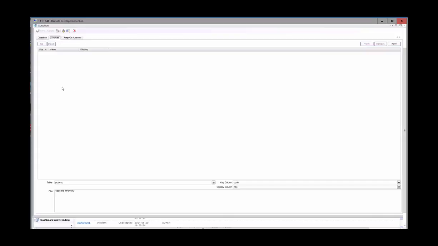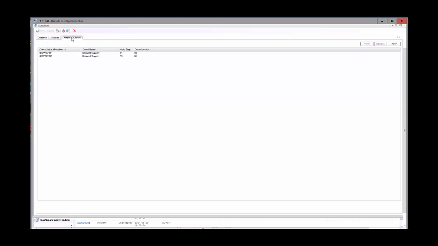The choices I have, you can either specify the choices here when you click on new, or you can extract the choices from a table. In my case, I'm using PC Desk, and my key column is code, and the display column is the info column, because that's the one that has text. The code has code, which is like, for example, code like HRDW, which wouldn't really make sense, but in English it's actually hardware. So in this case, I'm saying go to table PC Desk and only present me hardware specific